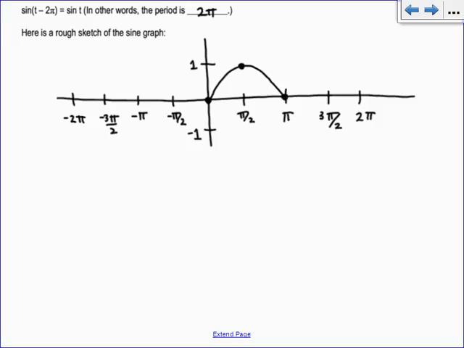Sine of pi was 0. And then we go down here, and then we go back up. It makes a little wave function. And then it goes on forever, so we'll do a little arrow. This is the sine function. But it also goes backwards. If I had gone backwards on my unit circle, at negative pi over 2 gave me a -1